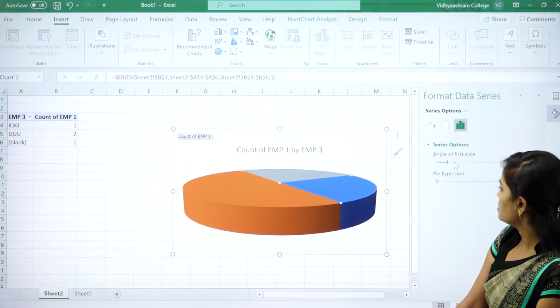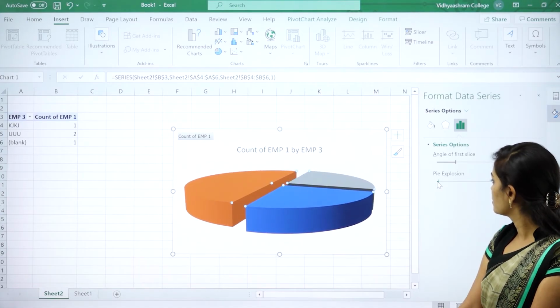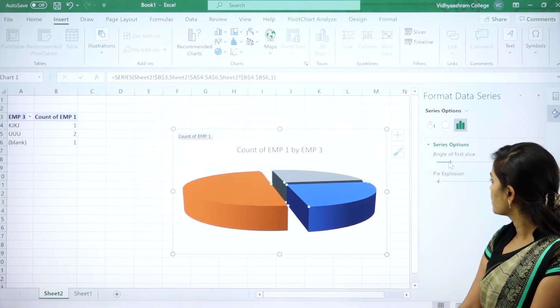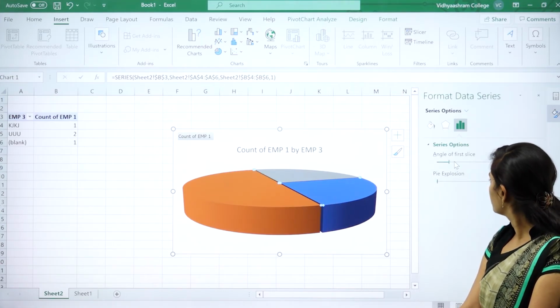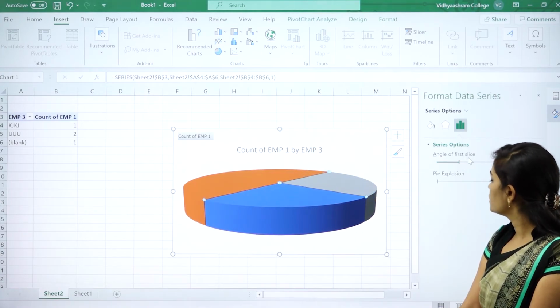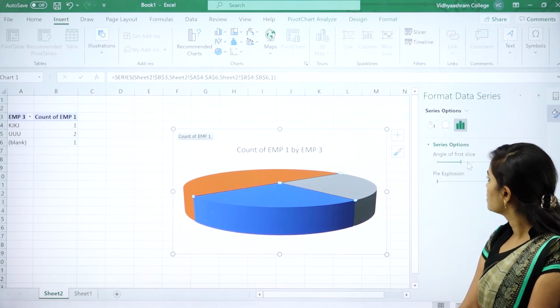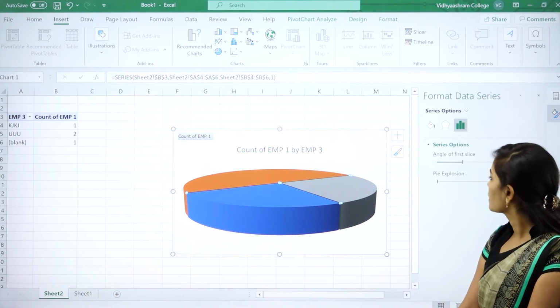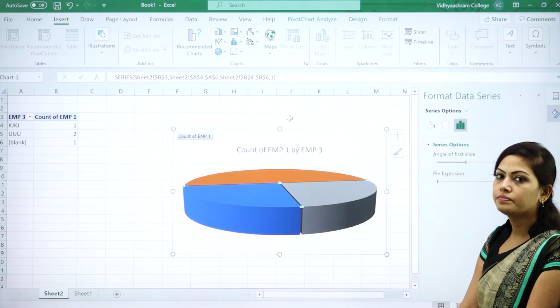You just observe this and you can divide this, and also you can find explosion, and if you want you can join it again, and you can increase the rotation angle of the first slice. You can change the angle of this pie chart. So this is the way of presenting the chart.